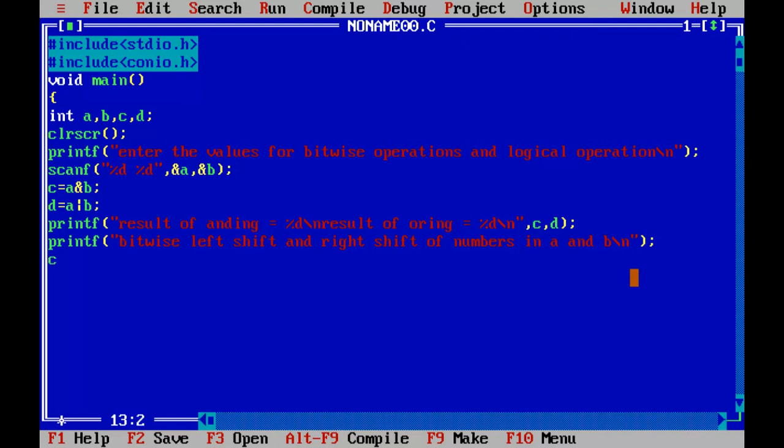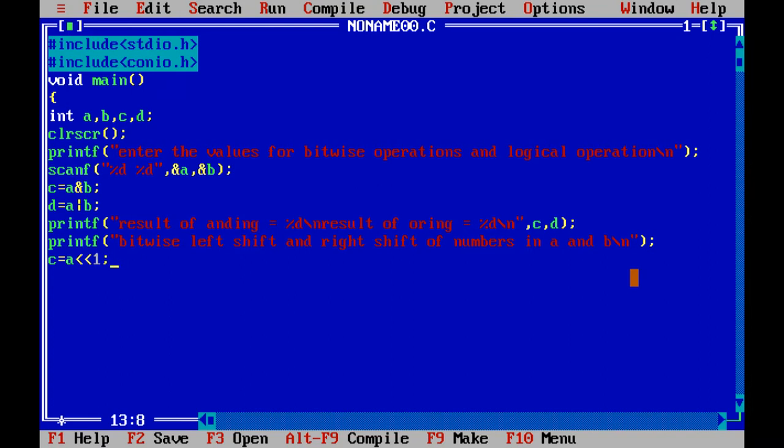Again, I use C is equal to, because I want to perform a left shift operation on the value that is there in variable A. So I'll write A followed by two left shift signs, and whatever number I mention here, say if I write 1, then the decimal number that is there in A will first be converted into its binary value, and then that binary value will be left shifted by 1.